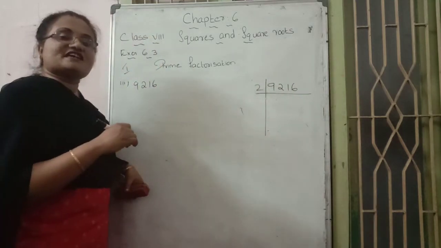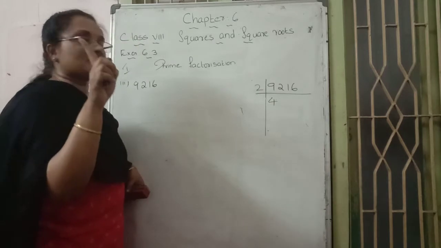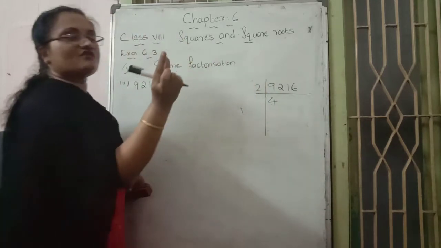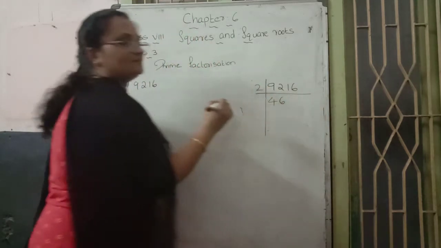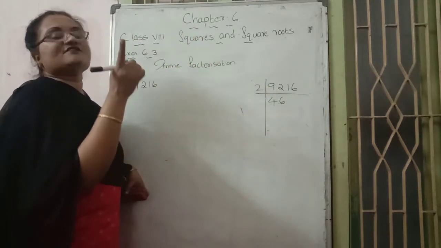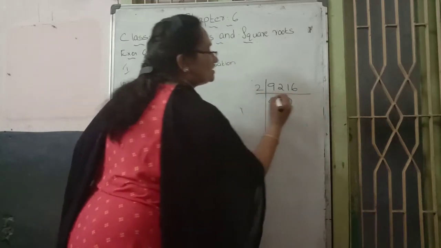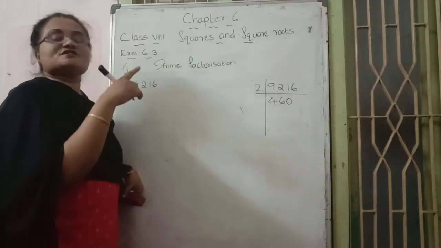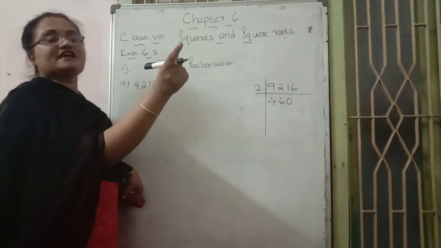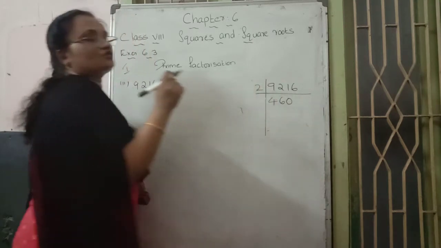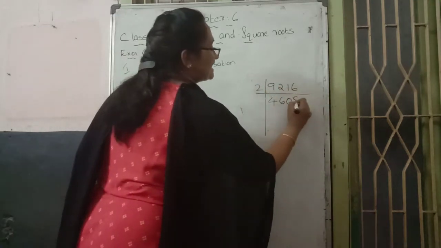In the 2 table, when we get to 9, 2 fours are 8, and 9 minus 8 becomes 1. Next number is 2. So 1 and 2 join to make 12. 2 table, 12, 6 times. Then the next number is 1 only. That 1 is smaller than the outside 2, so it is not possible to divide. Not possible means put 0 in the quotient place. Next number, take and read together: 1 and 6 together read as 16. 2 table, 16, 8 times.